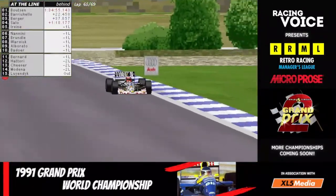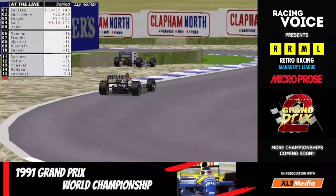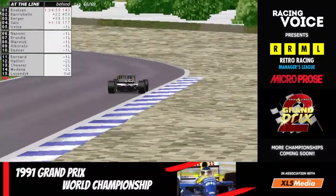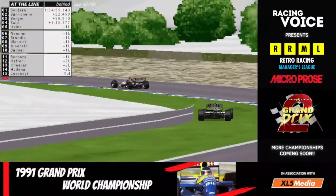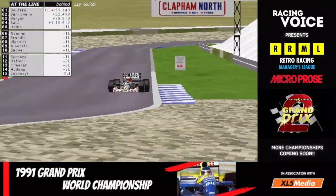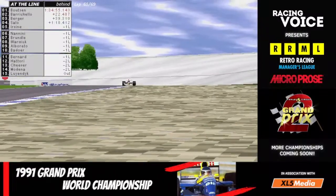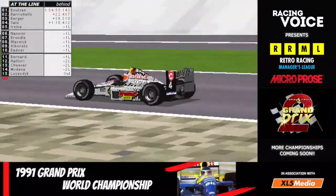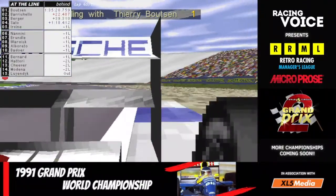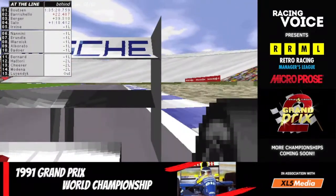But here is Rubens Barrichello. So much potential from this young man in the Tyrrell squad. He'll be staying with the team next year, as will his teammate Heinz-Harald Frentzen, whose car he passes now, having dropped out of the race earlier on. But this has a real potential to be a dark horse for 92. If that Repco engine is as good as they are expecting it to be, then the Tyrrell team could have a really strong year in 92. They've already had a very strong year in 91 with Barrichello and Frentzen, right on board with the Porsche Williams